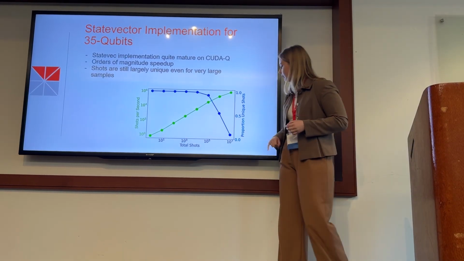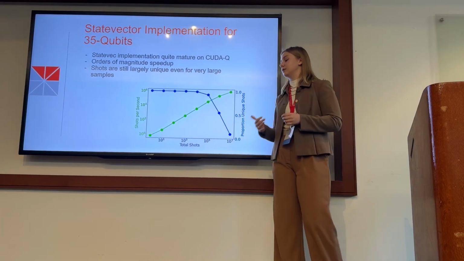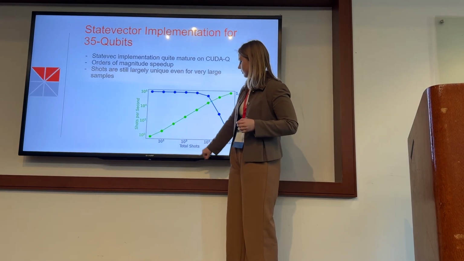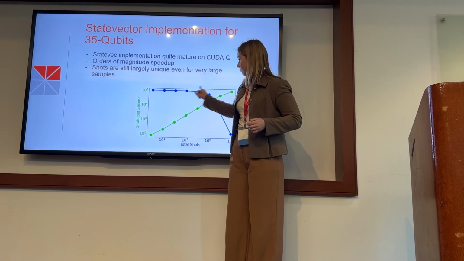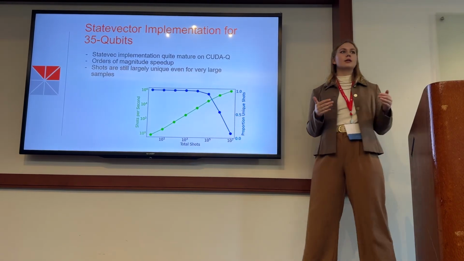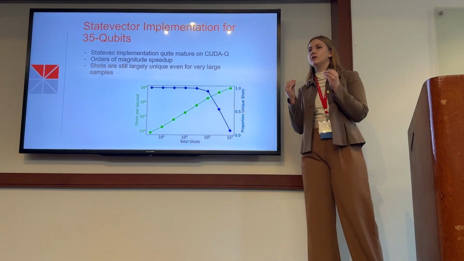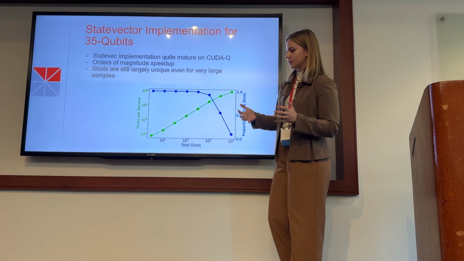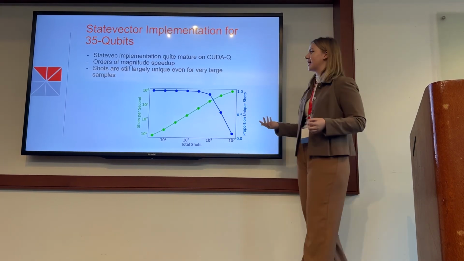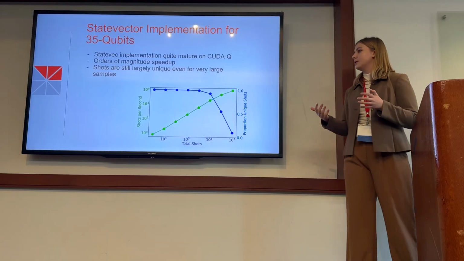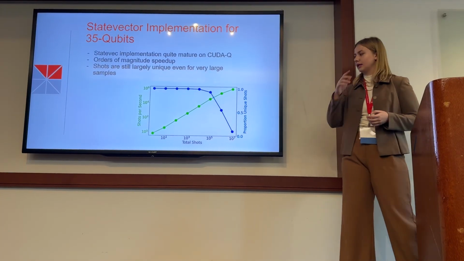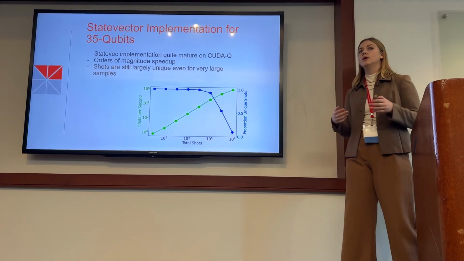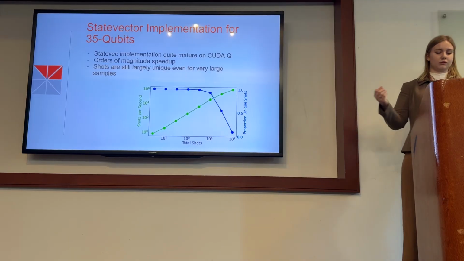Now, if we look at the blue line, this is the proportion of the unique shots of the system. What this is essentially saying is, if you look right here, it has 100%, or 1.0, at really, really high shot counts. What this means is that almost every single measurement is providing a unique and really distinct outcome. A really key thing here is that we're not saturating the probability space, but instead we are covering it very efficiently. So one of the keys here is that we are seeing a really improved speedup time while also getting really valuable information from every single shot.